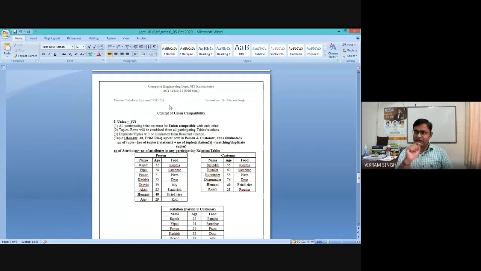ठीक है। अगर मैं ये लिखता हूं कि select first name from employee where age is more than 30, right, and second में लिखता हूं select first name from employee where salary is more than 20,000, और बीच में मैंने union कर दिया, union. So first query, then union, second query. It means it will be combining.